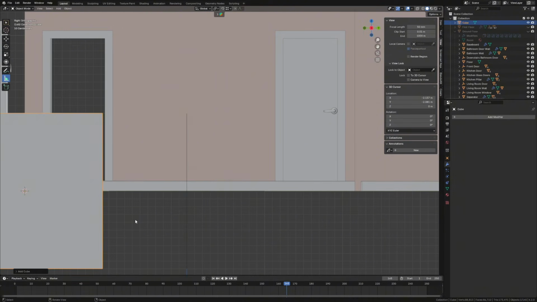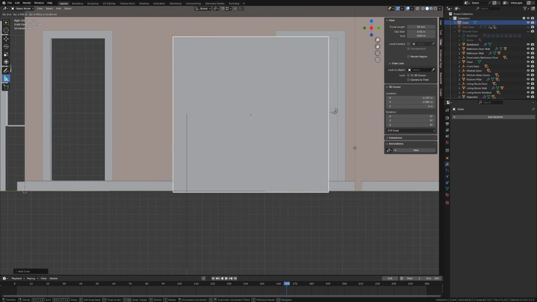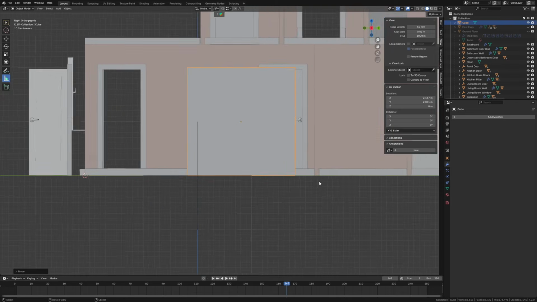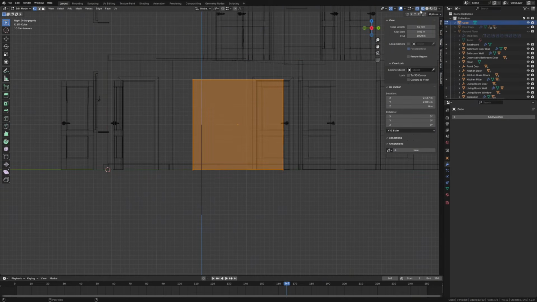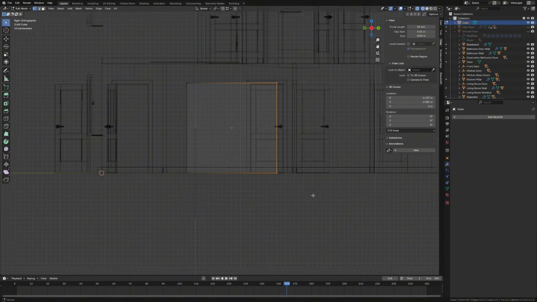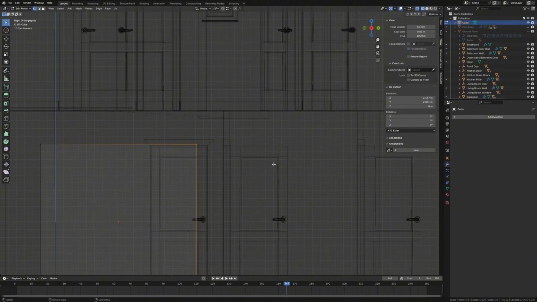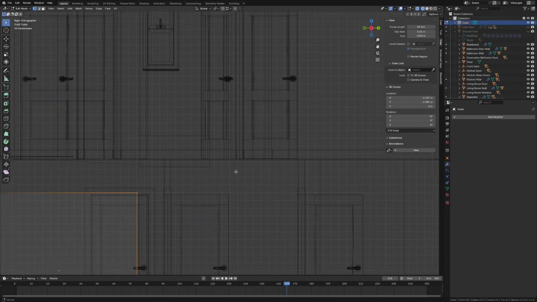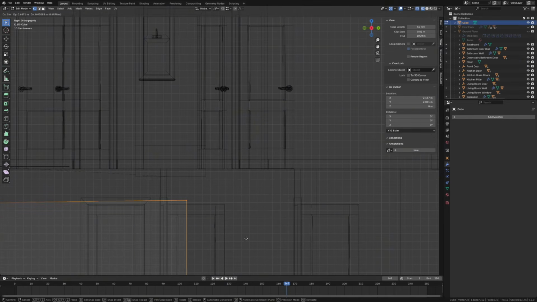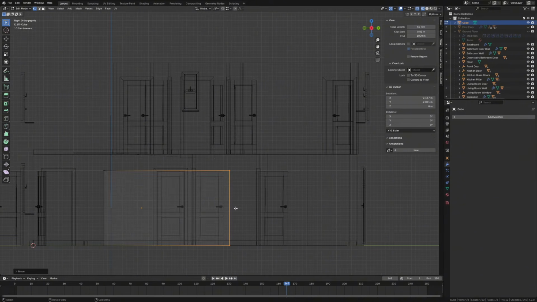So from this side view, I'm going to add in a cube, and I'm going to position that cube where I want my stairs to be. And we'll just go ahead and play with this. We will tweak it so that it fits the space nicely. I'm going to have kind of like a curved corner going up, and it's going to go through this downstairs wall as well. So I'm going to use that upper wall to try and line that up there,